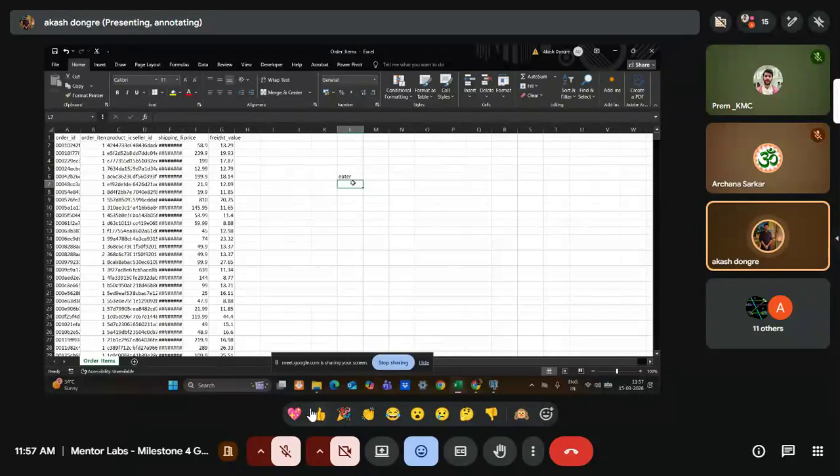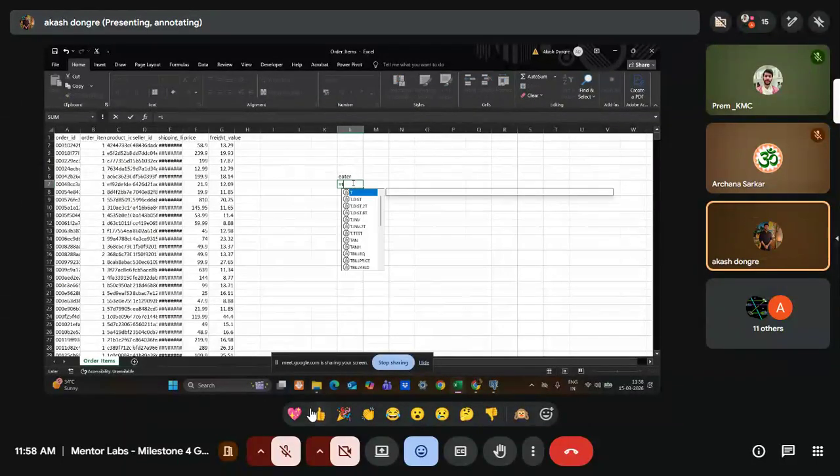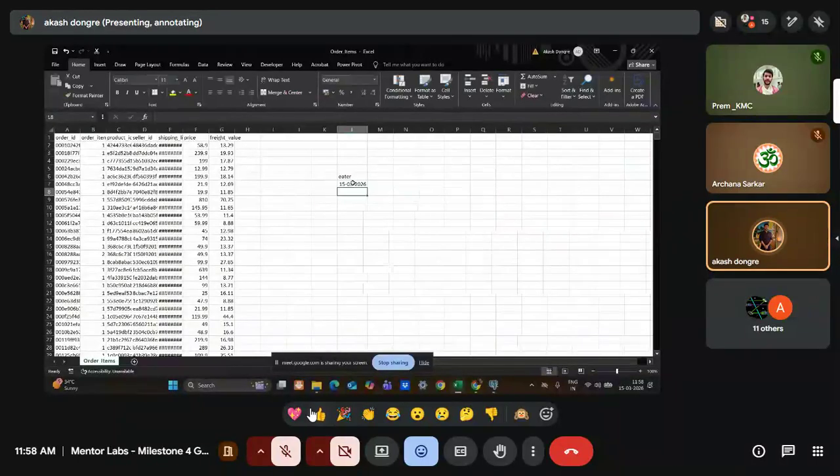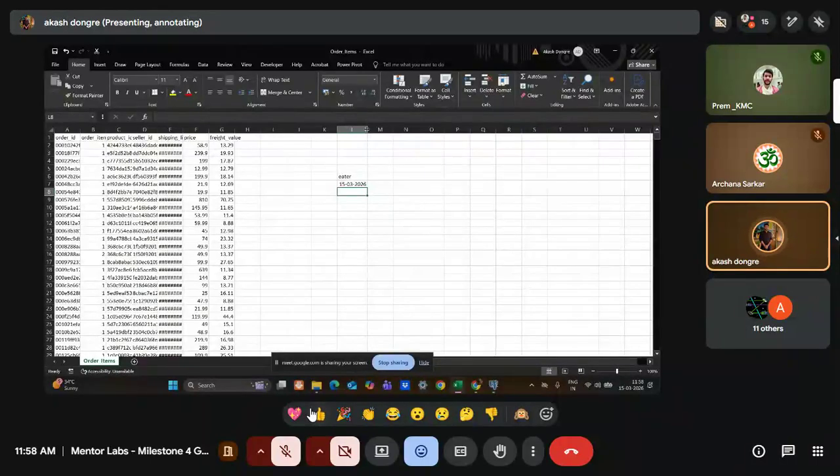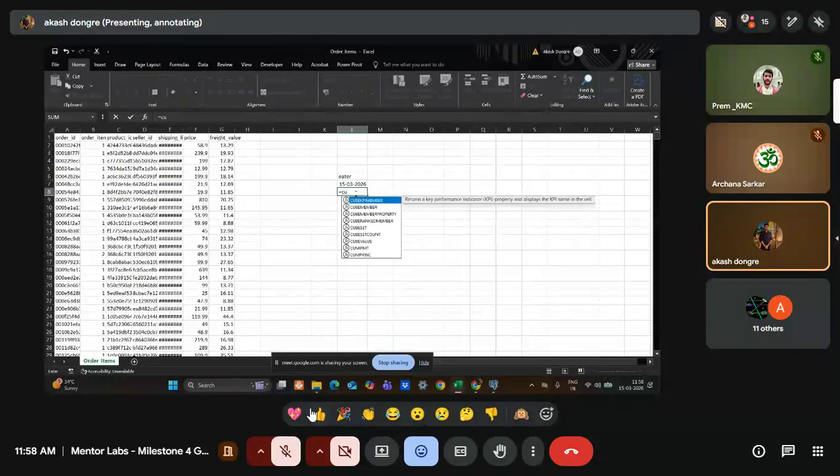Let me take an example here, today. It will give the date, right? In Excel also we have this function. We will check this thing, timestamp and all those things. But here in Excel, do we have a current timestamp? No. Okay, let it be. In a timestamp, along with the date, we have the time